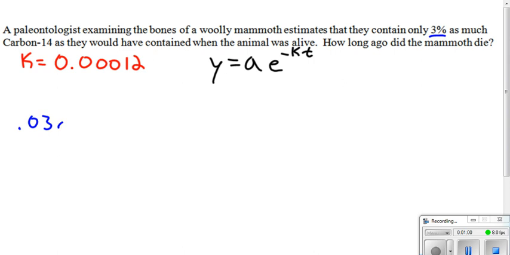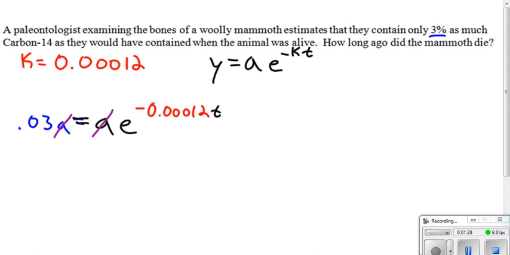0.03 times however much we started with equals however much we started with times e to the negative 0.00012 times t, our years. That's what we're trying to find. Well, things that we can get rid of, a and a. We divide it out. It doesn't matter how much we started with, we just know that only 3% of it